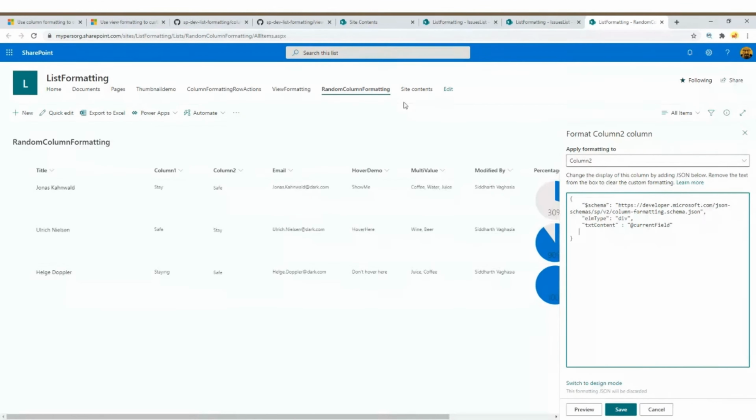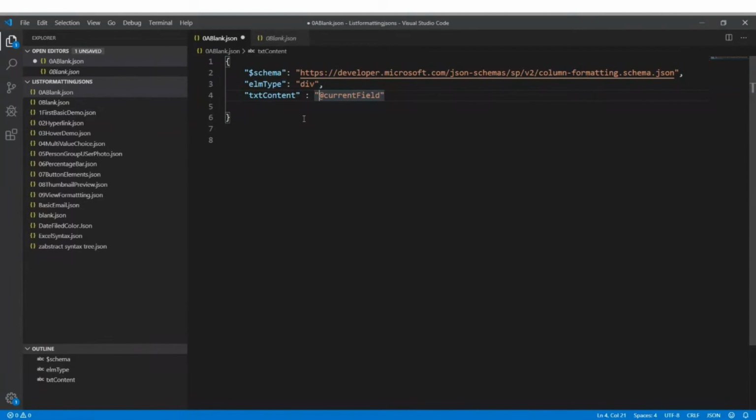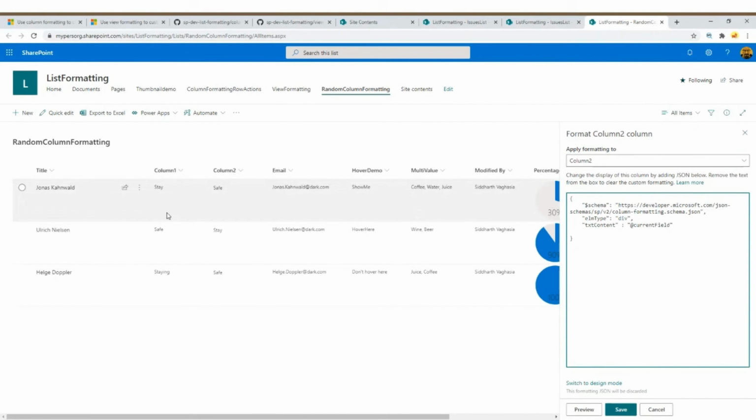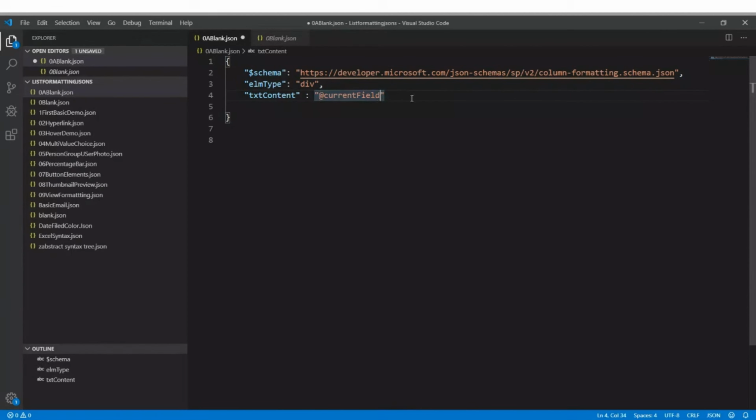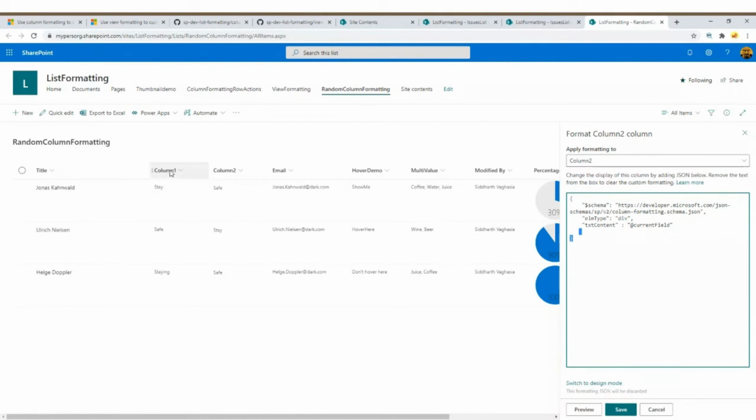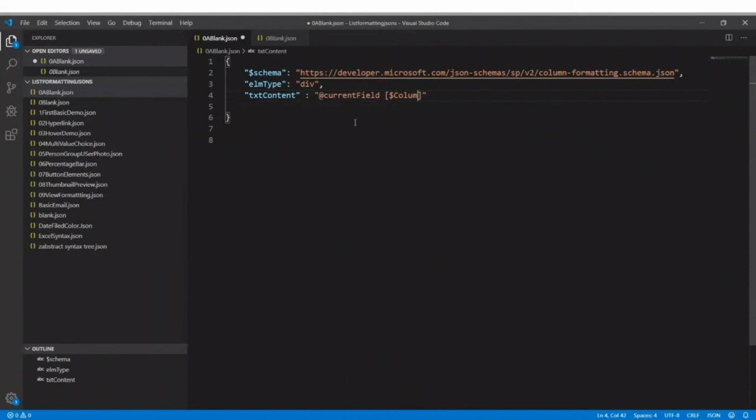Now let's do one thing. I mean, this is simple, right? So what we will do is we wanted to maybe refer the column one value in my JSON formatting. Okay, and maybe what I will do is I will do the concatenation of these two and display it in the column one. Okay, for that there is another token which is basically what we have to do is we have to start with the bracket and we will say a dollar and the field name. So the field name should be the internal column name of the SharePoint list, which is column one, right? So this would be column one,